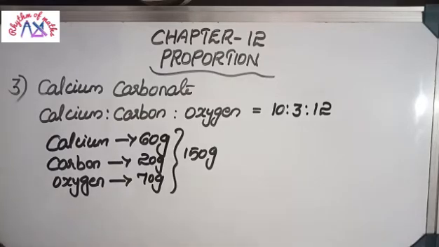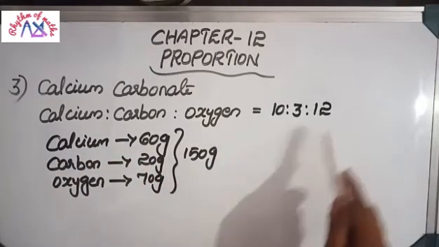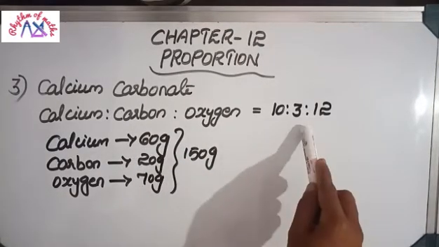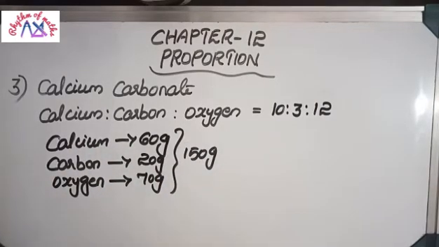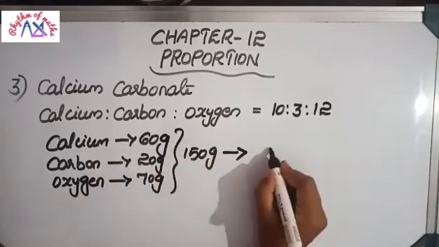That is the question. If it is a calcium carbonate, the ratio of these three must be 10:3:12, because that is the original ratio. Then we can say that this analyzed compound is calcium carbonate, otherwise it is not calcium carbonate. So first of all, let's write the ratio. Here the ratio of this 150 gram compound will be